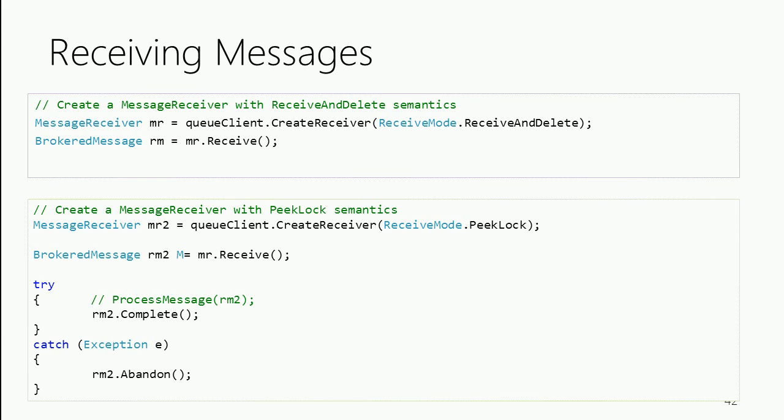And what you see in the top box is a receive and delete. This is a destructive read, right? You read the message, the message has gone away. What you see in the other case is a peek lock, where we're getting the message, we're then processing that message in some way in our code, and then we're calling complete, and complete will then complete that message, which means that message now gets deleted from the queue because we're done with processing. If you say abandon,